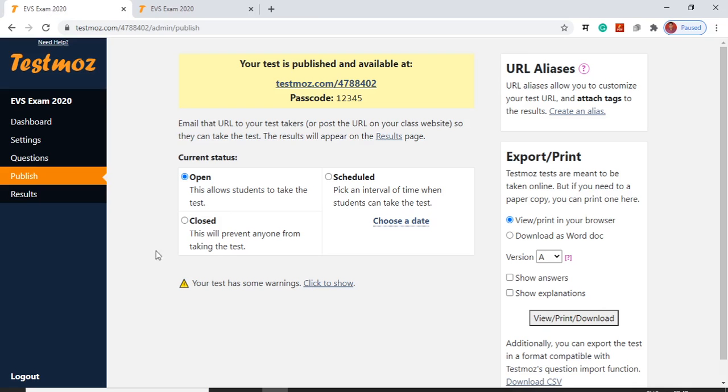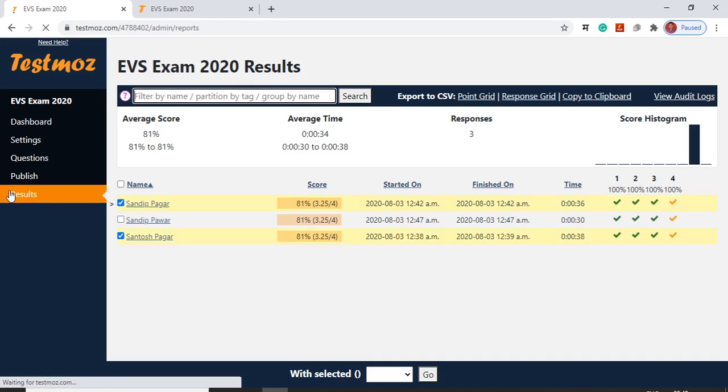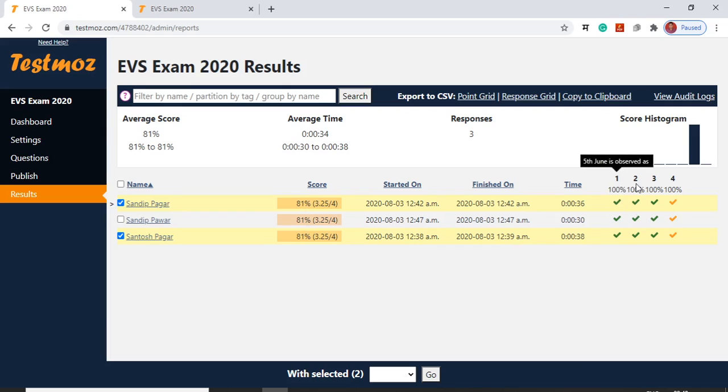Now we will see the results section. Here we can see that 3 students have submitted their exam and their scores are reflected here, and here the question-wise answers are given.